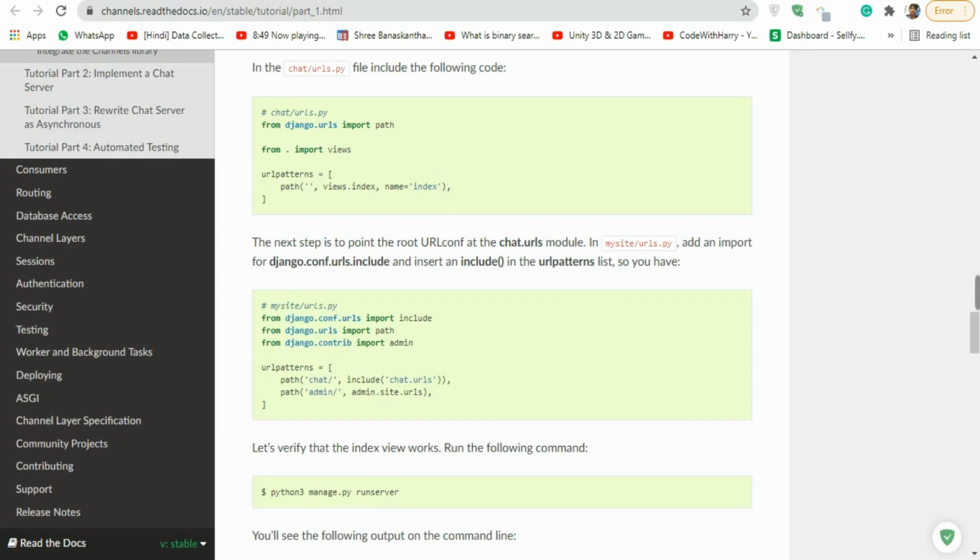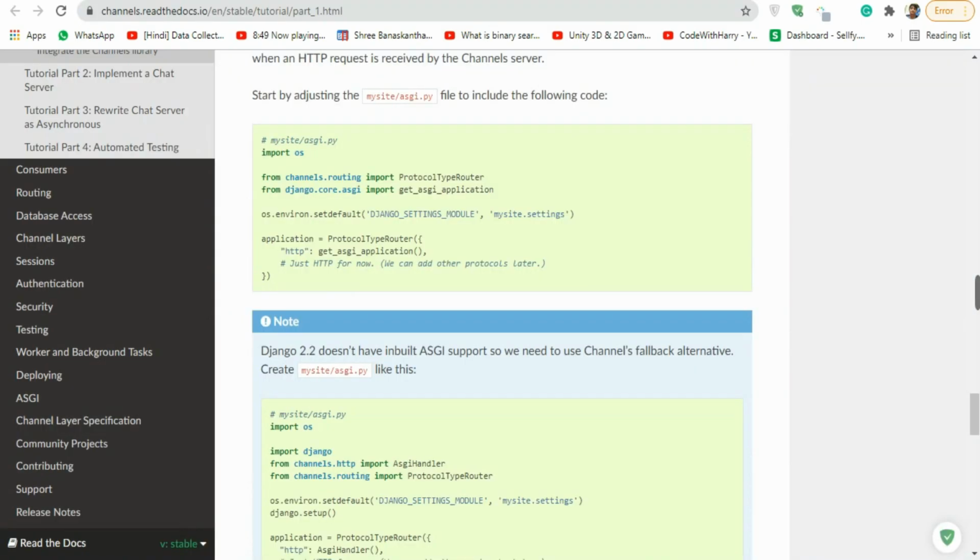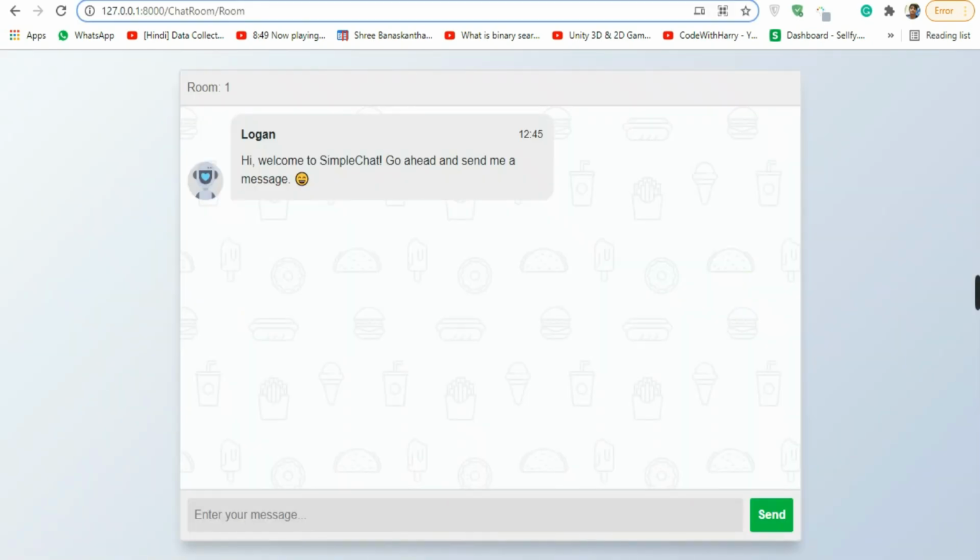So welcome back programmers. In today's section we are going to set up the WebSocket and we will create this URL to create a connection between the WebSocket and the user. If you remember, we created the ASGI.py and stored all of this content in the ASGI.py, and as you can see, just HTTP for now. We can add other protocols later. So we have to add another protocol, which is nothing but the path of our WebSocket, which is this URL or domain name /chatroom/room, where we wanna create a WebSocket.